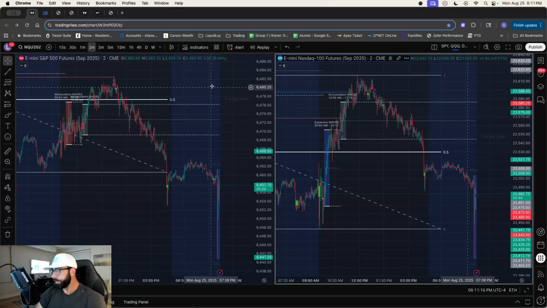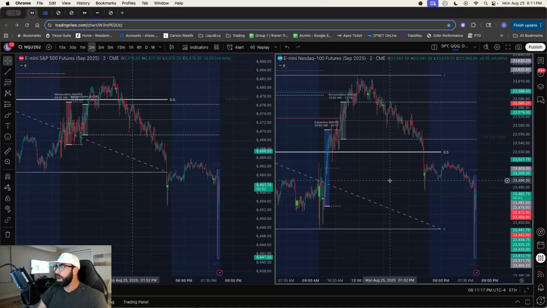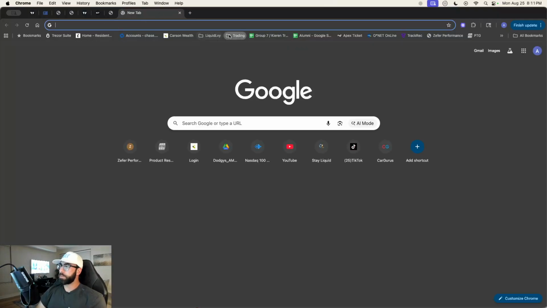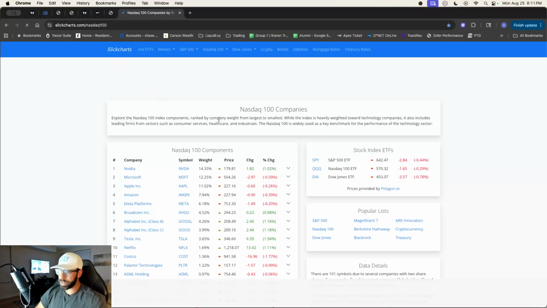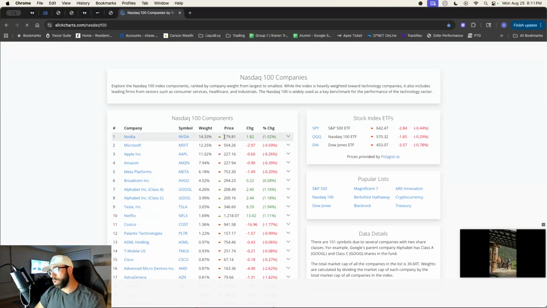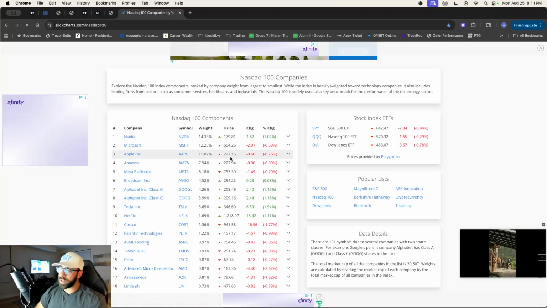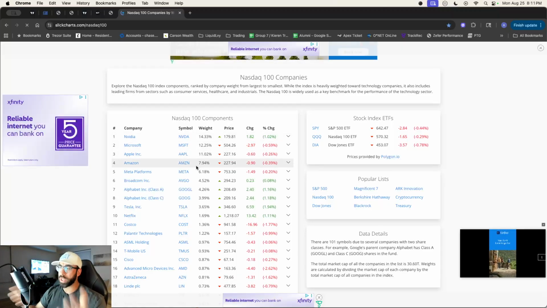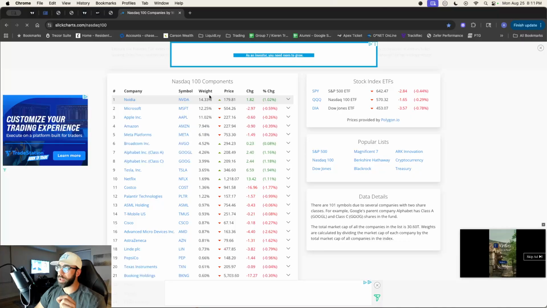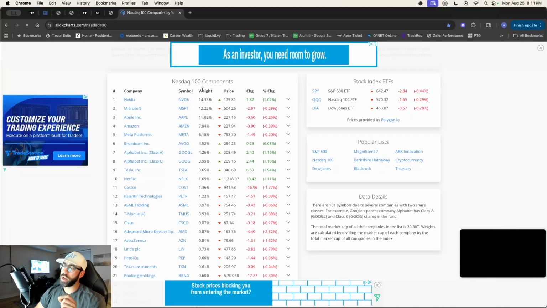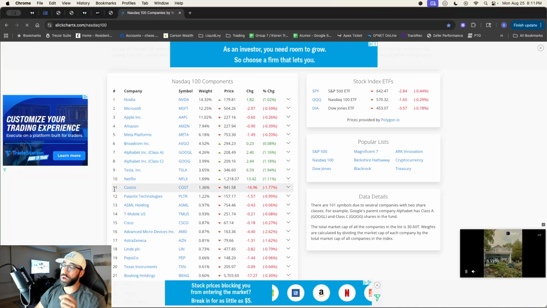What they are though is the S&P 500 on the left is ES, and the NASDAQ is on the right. I'm sure some of you have heard of those. The NASDAQ is 100 companies, S&P 500, 500 companies. A lot, if not all, of the NASDAQ lives within the S&P, so they're quite correlated. I'm just showing you right here the top 20. It changes based on market cap, and the weight descends as you go down. So Costco's even on this.